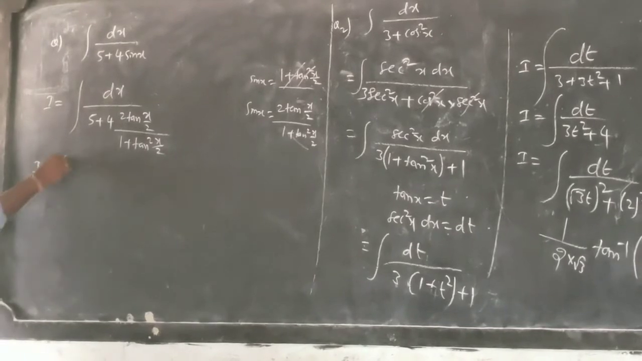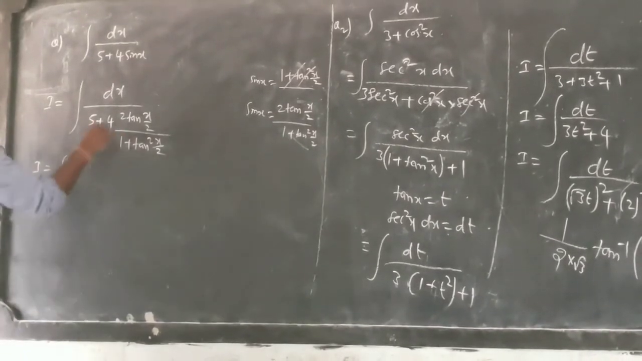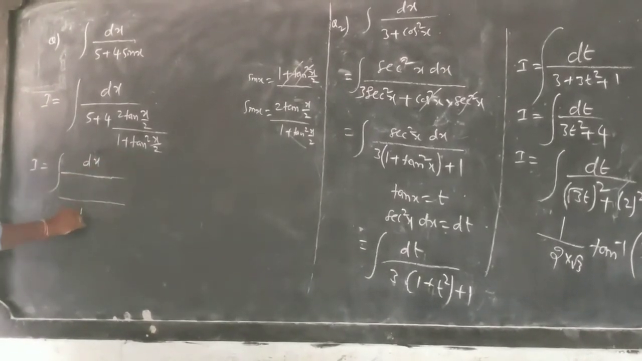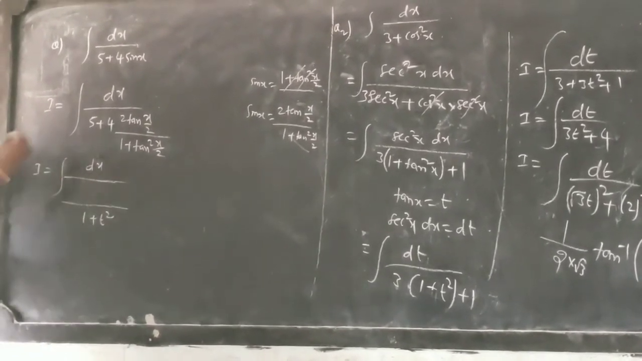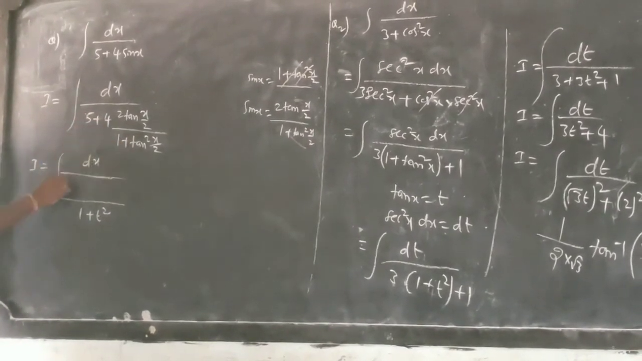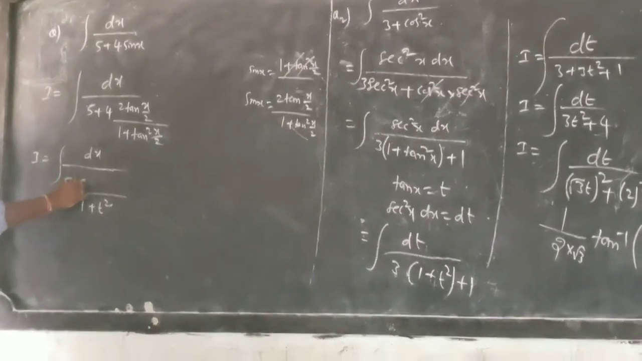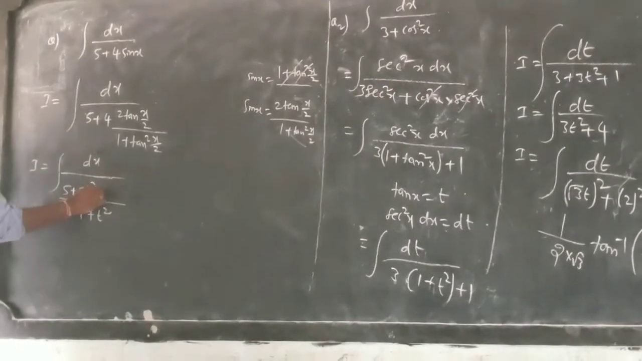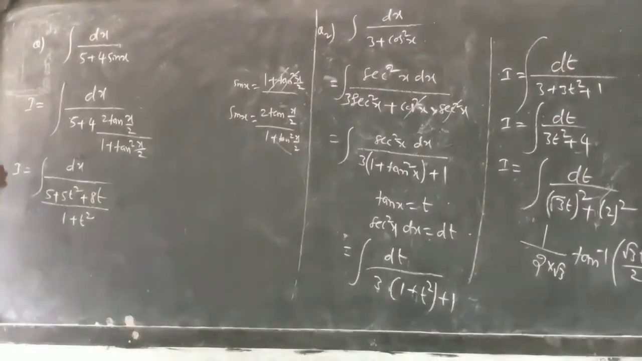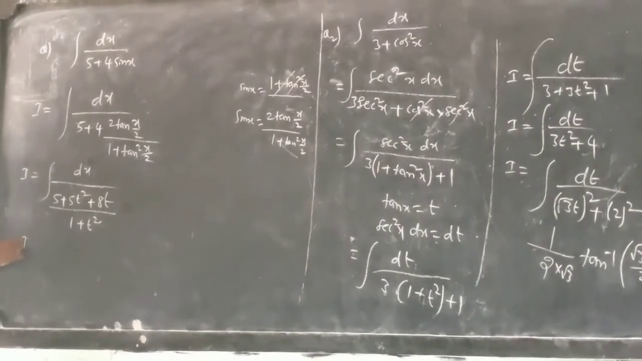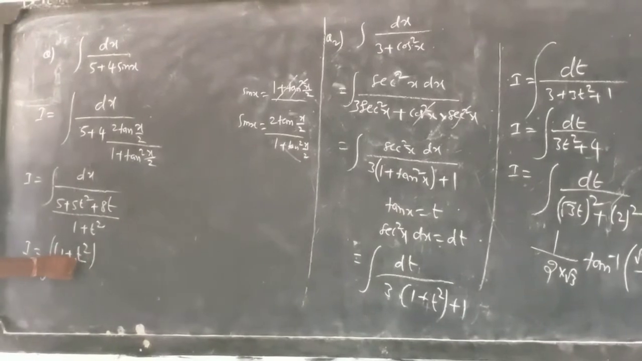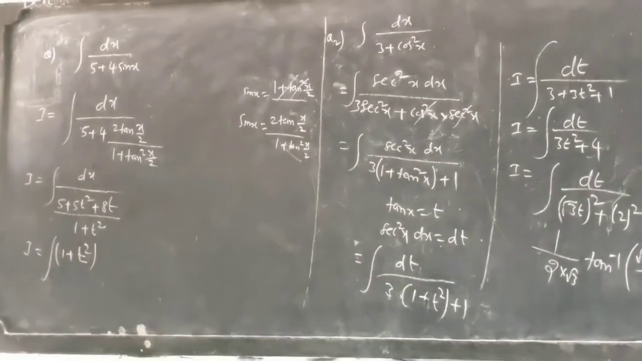So I is equal to, I can write this as LCM dx upon, taking LCM as 1 plus t square for the time being. So 5 into this means 5 plus 5t square, plus 2 fours are 8t. Finally I is equal to, what I get here, 1 plus tan square, 1 plus t square, tan square x by 2,